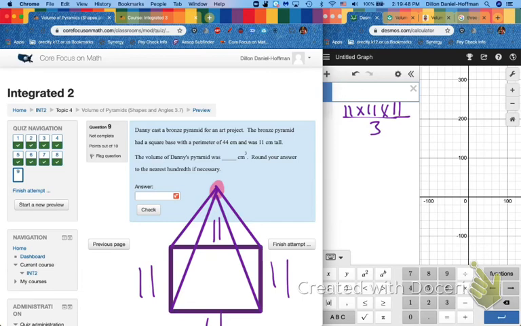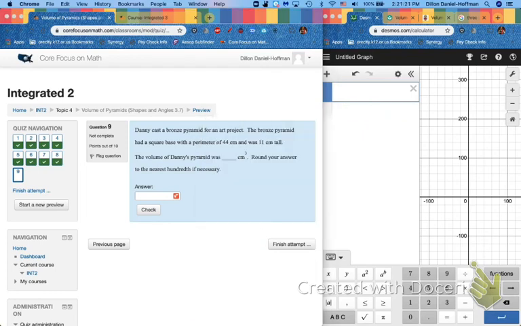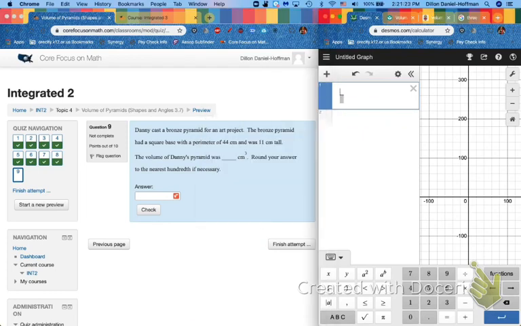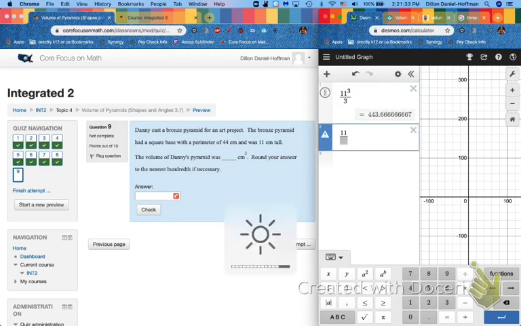Again, pause this video right now or take a screenshot, picture of your phone, something, because this is about to go away in 3, 2, 1, gone. Because I need to type this in over here. 11 times 11 times 11 is the same thing as 11 to the third power. And I'll prove that to you by showing that manually, right below it. 11 times 11 times 11 divided by 3. It's still going to give me